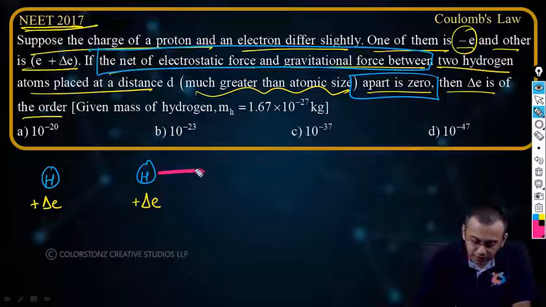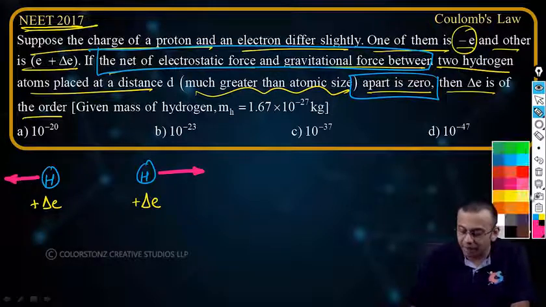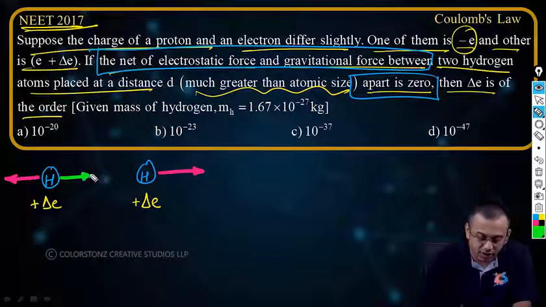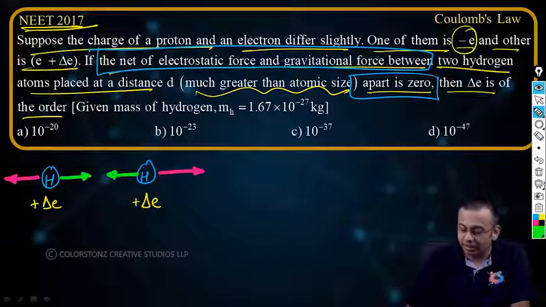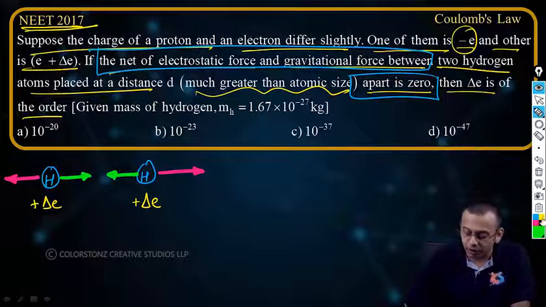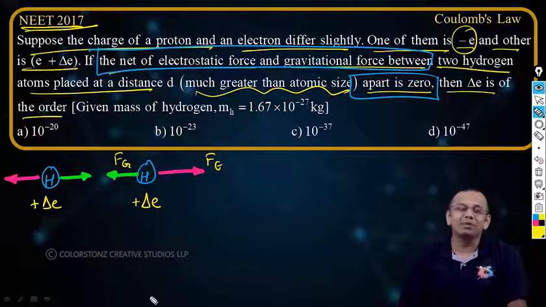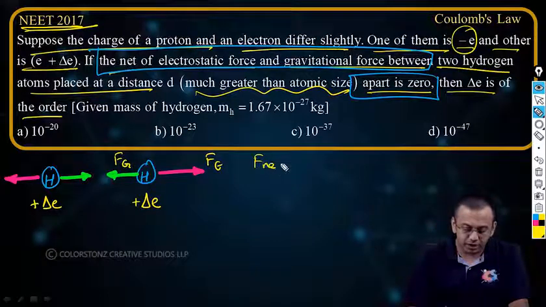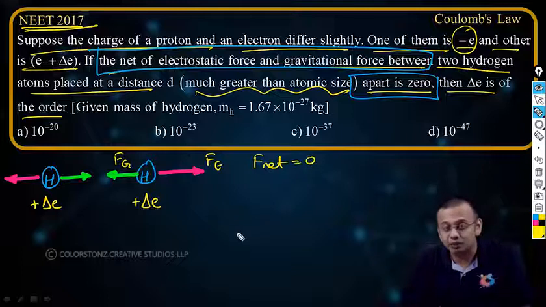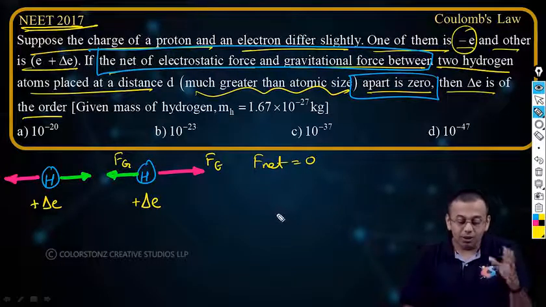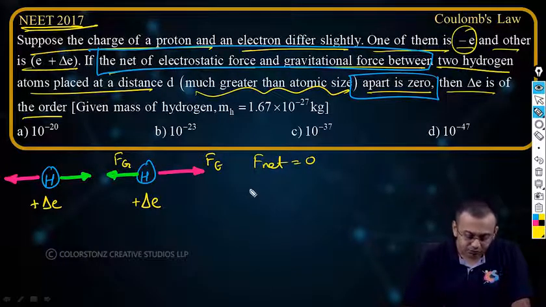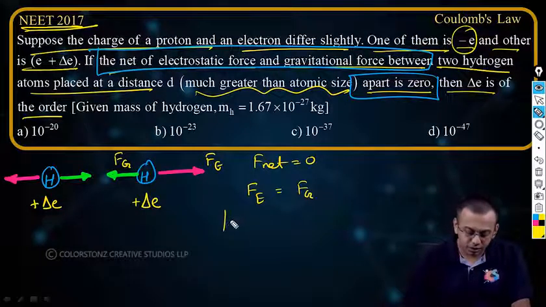And this repulsion, they are saying in the question, is being balanced by the gravitational attraction, making the net force zero. Okay, so this is the electrostatic repulsion, this is the gravitational attraction, they are becoming net zero. F net is zero. Using this, we have to find the order of delta E. So Fe is equal to Fg, K,